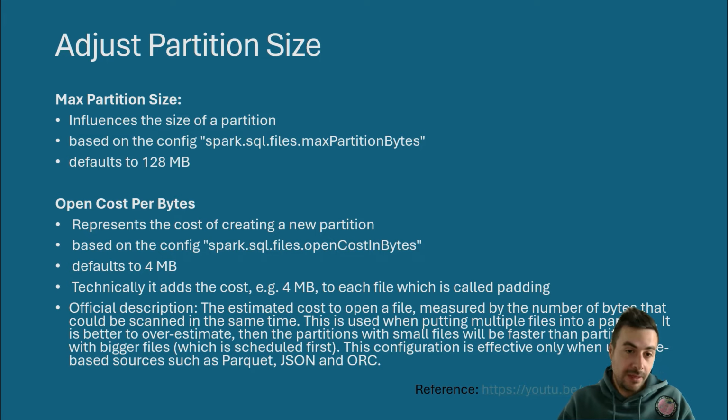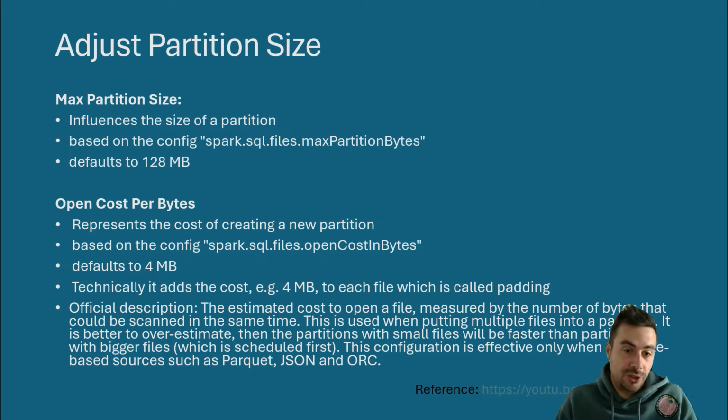And if you now have a small file problem, you have two options. Either you reduce the max partition size or the open cost. And that's actually the only case where I would recommend to rather tackle the open cost in bytes, at least the most common one. Because imagine, normally you have a mixture of small files and also bigger chunks. So imagine now you have a 50 megabyte file in between your kilobyte files, and then you have the max partition size reduced to 40 megabytes. What happens? You split this amazingly nice big chunk of file, which you usually otherwise don't have in the files,